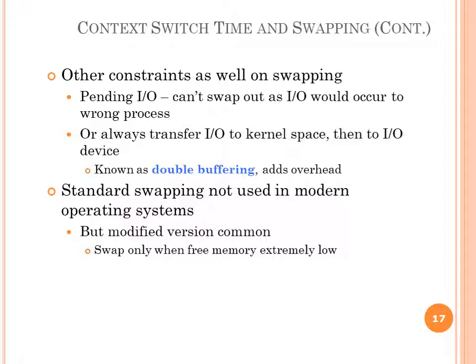Standard swapping is not used in modern operating systems, but modified versions are common. That is, currently standard swapping is used in few systems. It requires too much swapping time and provides too little execution time to be a reasonable memory management solution. A modified version of swapping is used in Unix, where swapping is normally disabled but will start if many processes are running and using a threshold amount of memory. Swapping is halted again when the load on the system is reduced.